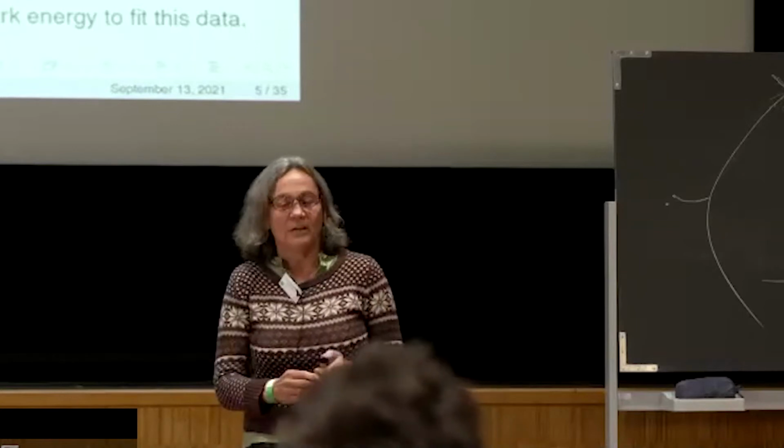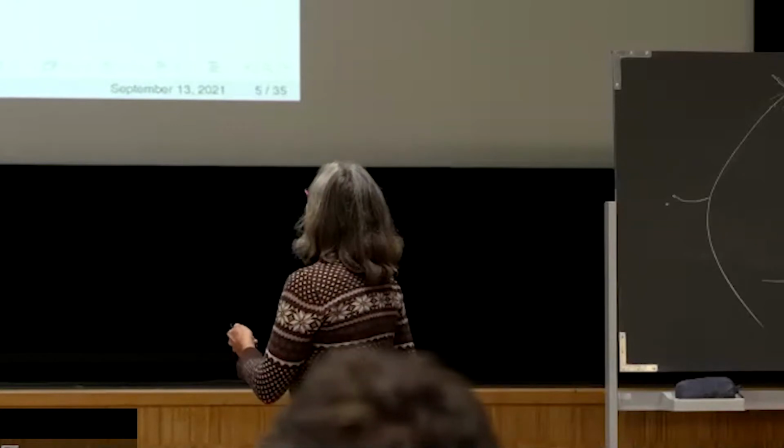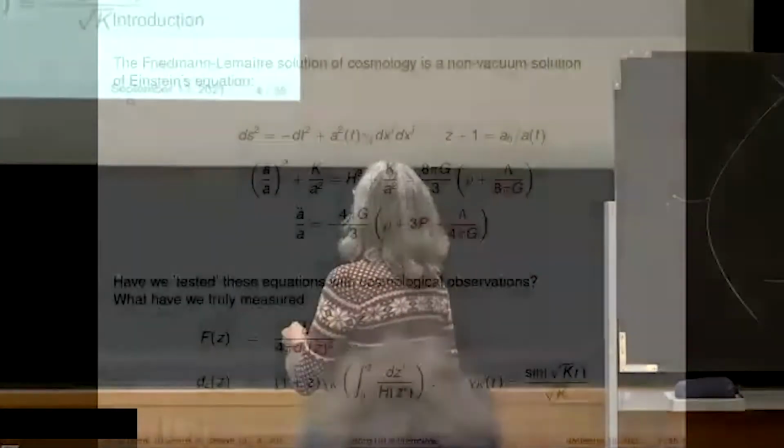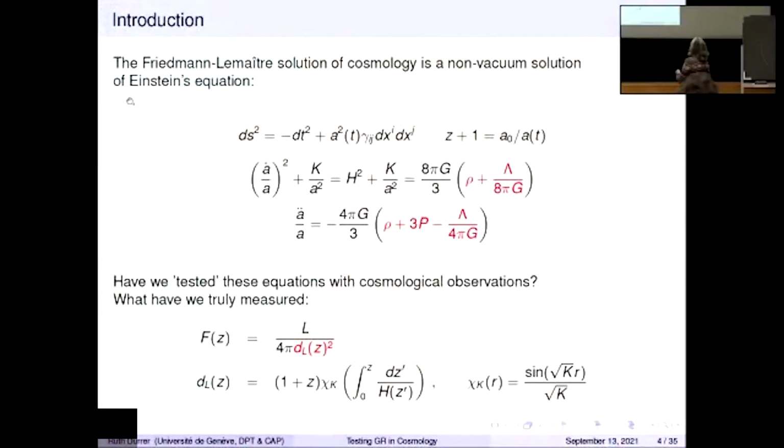Okay, so maybe for this we can go. Here you see, this is the redshift, and this is the ratio A0 over A. The universe is expanding. If you go back in time, A was smaller. So if you go back in time, the redshift is larger. The further redshifted we see an object, the further away it is from us.